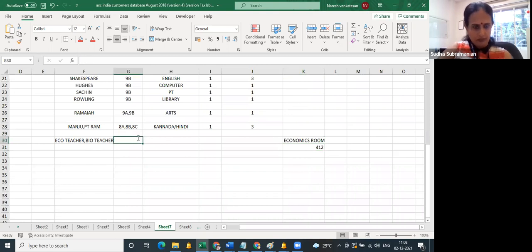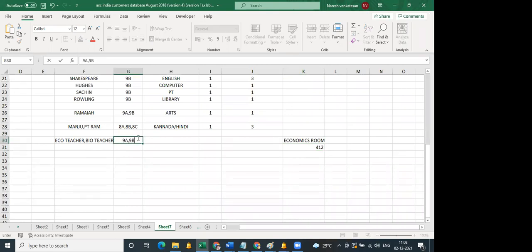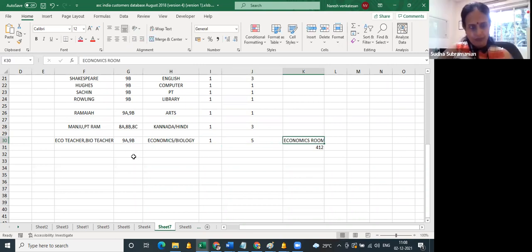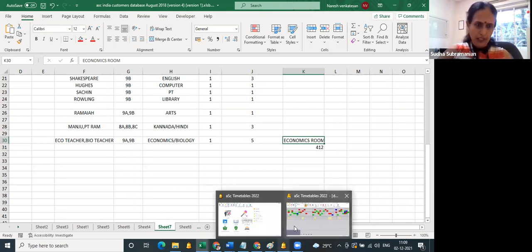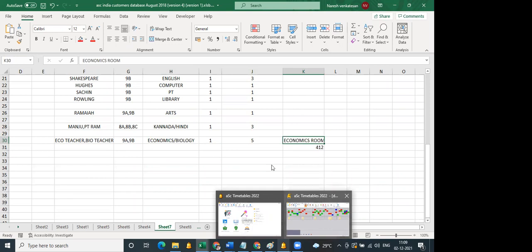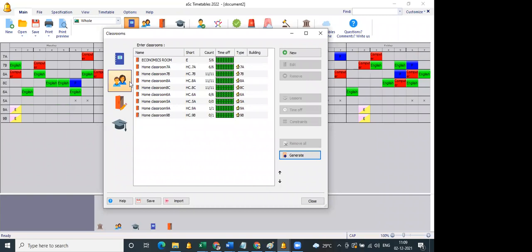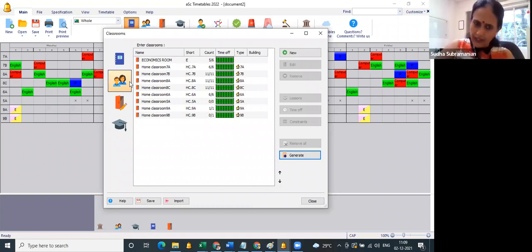So here you will mention it as 9A / 9B. So subject will be economics. You're getting this? Okay. So for each space, we'll have to define which teachers are coming in, which grades will be using it, and for what subject. Correct. Of course, and frequency. I initially mentioned a lesson. A lesson will consist of subject. Correct. That's what you have to follow.